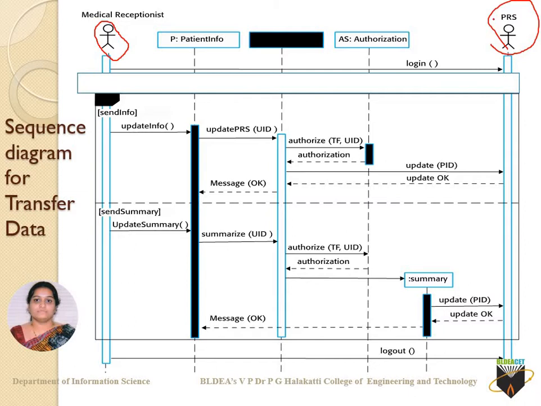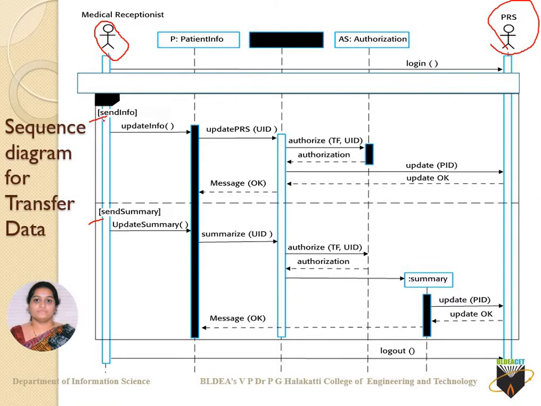For your login, for your patient record system, what a medical receptionist will do is use the respective user ID and password, and that person will log in. When the person logs in, the person is logged in to the patient record system. For this particular patient record system there are two kinds of functions or activities. One is sending of information, and one more is sending of the summary of that information. Whenever there is sending of information, always keep in mind that authorization is a must, either while you are sending information or when you are sending the summary of the report.